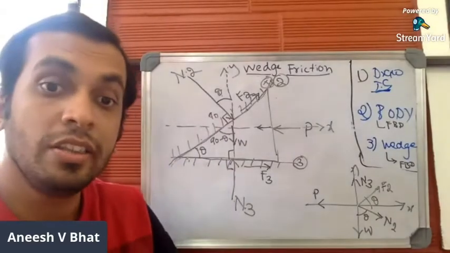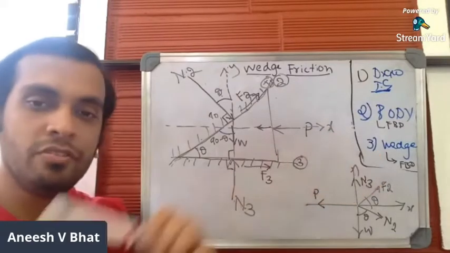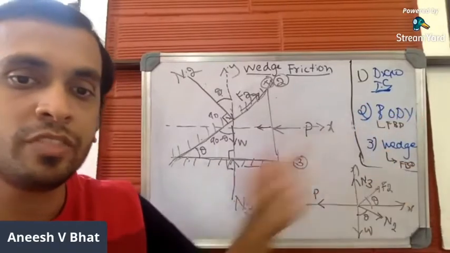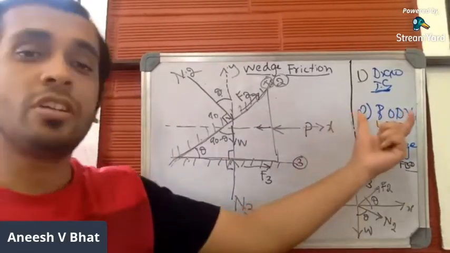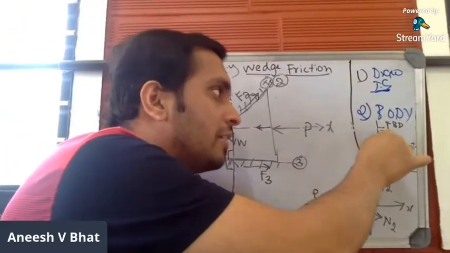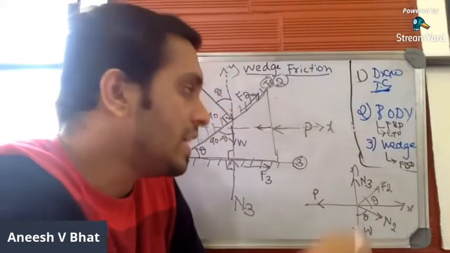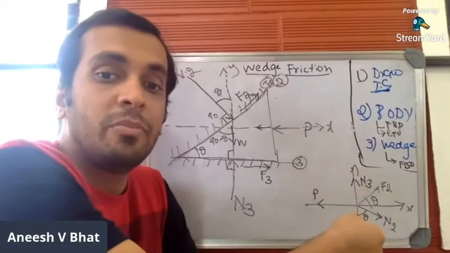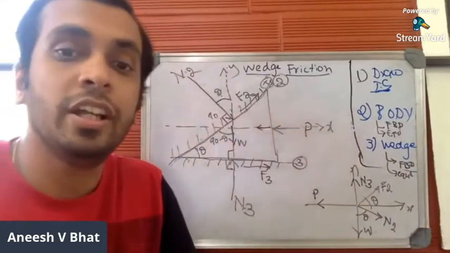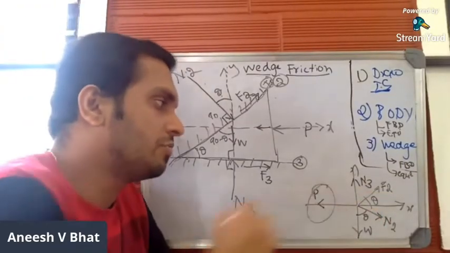Now, you went through the free body diagram of the body as well as the free body diagram of the wedge. In step number 2, you have drawn the free body diagram of the body, and in step number 3, you went to the free body diagram of the wedge. As soon as you draw the free body diagram of the body, apply the conditions of equilibrium. Even here, as soon as you draw the free body diagram of the wedge, apply the equilibrium condition to find the unknown forces. So finally, at the end of the third step, you'll get the value of P. This is what you need.